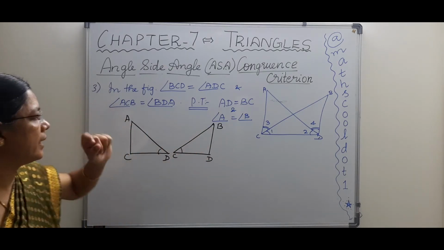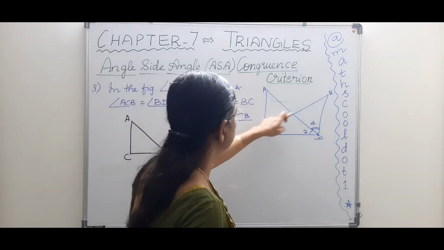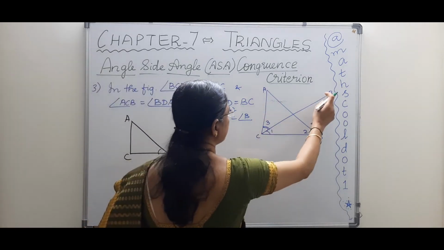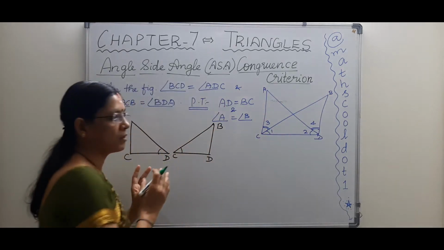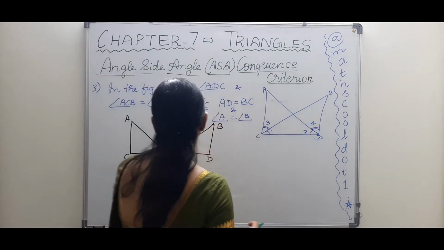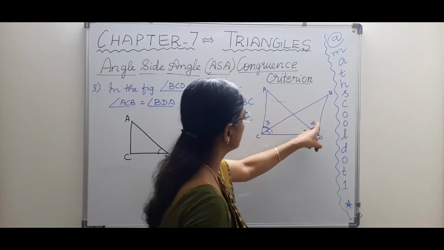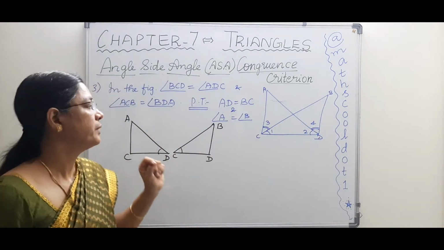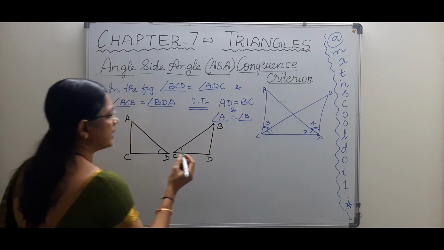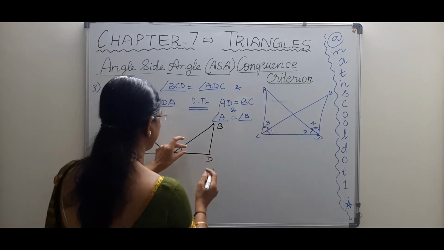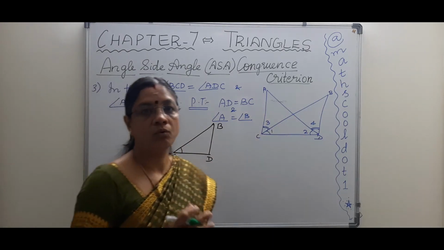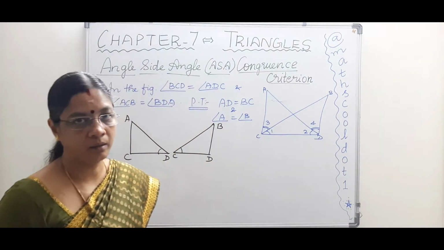Next is angle ACB. Where is angle ACB? ACB is this angle. Actually, this can't be drawn here because we have separated the two triangles. We'll do it here. It's angle ACB. This is equal to angle BDA. So this angle. Okay, right. Now I have drawn here, see, BCD I have drawn it separately here, and ADC I have drawn it separately here. So why I did it, we'll learn it later on.